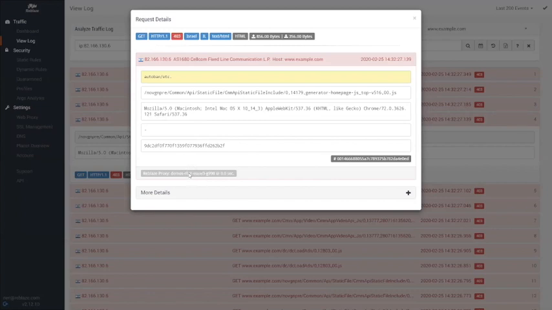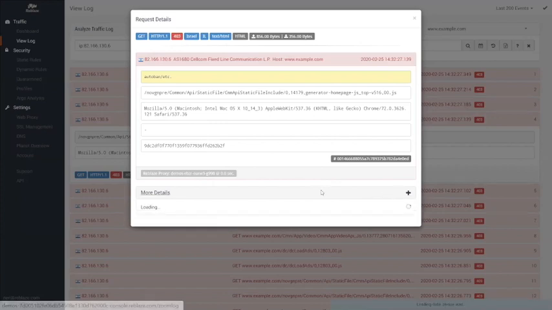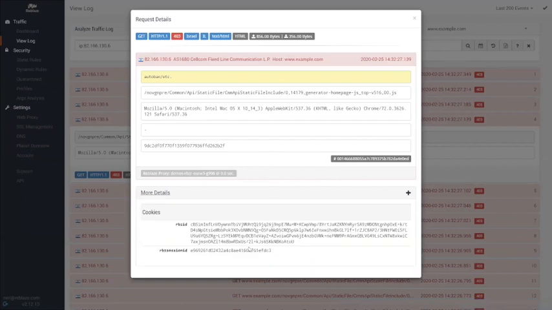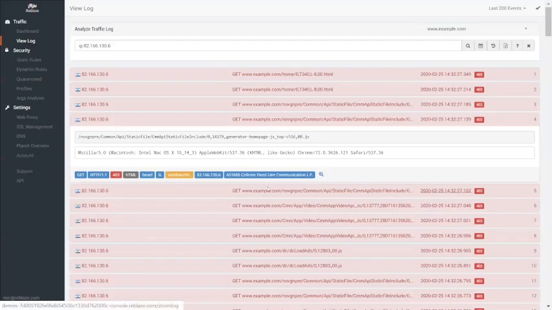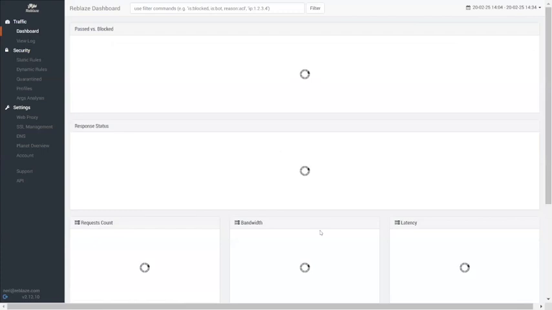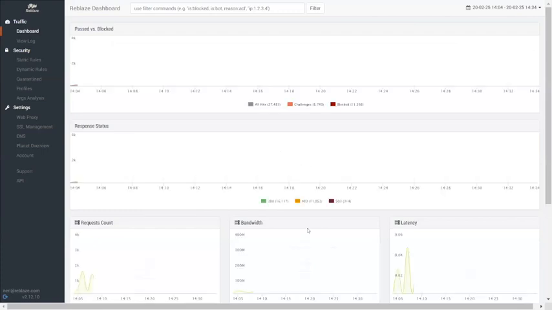I will show you later what an event that passed to the origin servers looks like. We can also see more details, usually the full body and the header of each request and response. So in real time, we can understand exactly what the attacker is trying to do. Most of the time we will block it automatically, but we can intervene manually if there is any need. If we go back to the dashboard, we can see very quickly